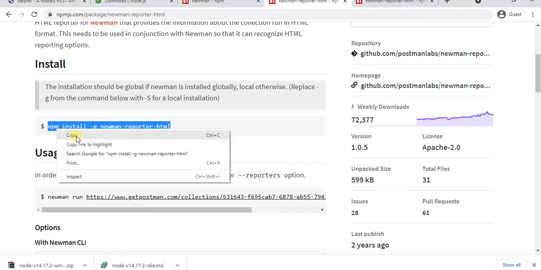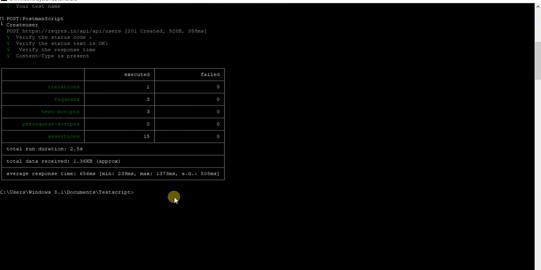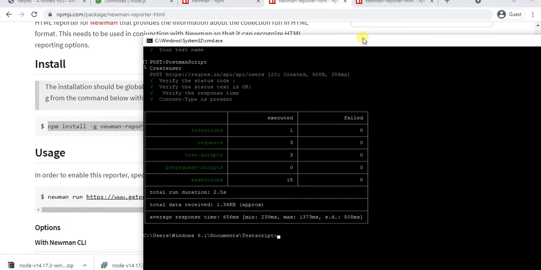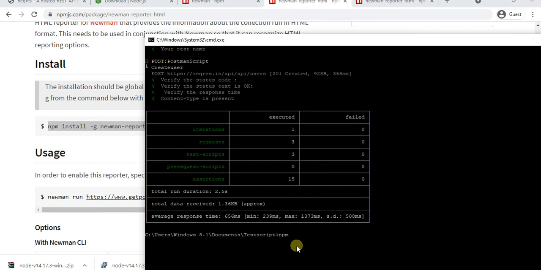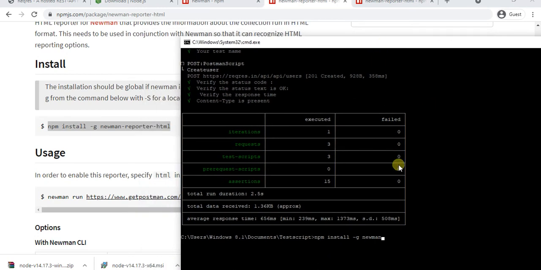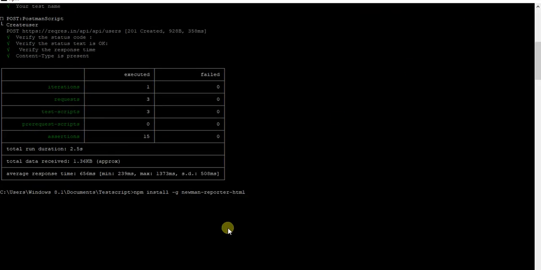I already installed this one, let me show you. npm install -g newman, and then npm install -g newman-reporter-html.